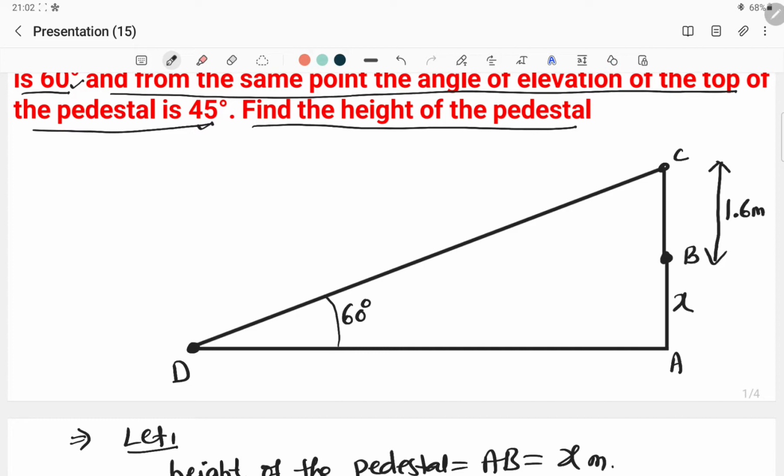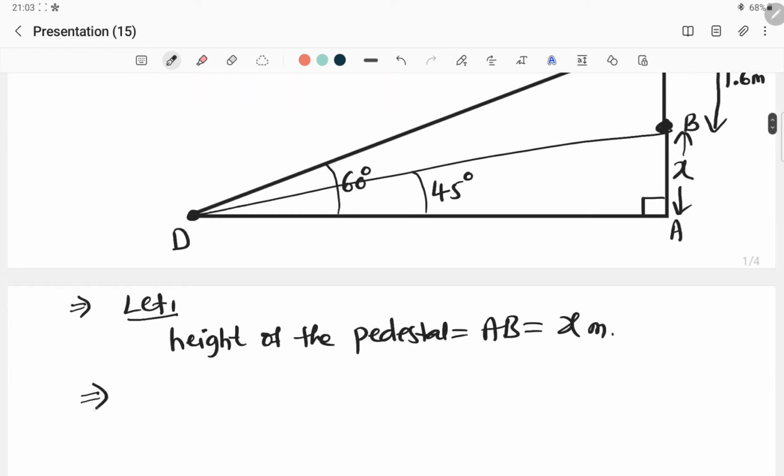Similarly, the top of this pedestal, up to this point B, here the angle is going to be 45 degree. I hope the concept is quite clear to you. This point B is the top of the pedestal, or you can say the bottom of the statue, and this point C is the top of the statue. Now we have to find out this AB. So this AB has to be calculated. And definitely this is 90 degree. We know that. Now can you observe one triangle here?